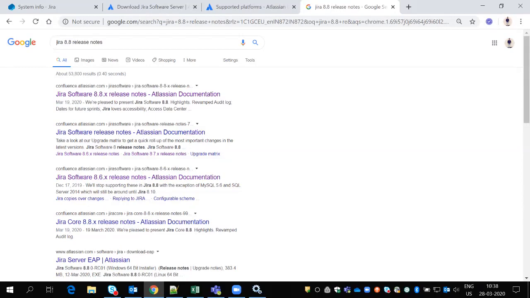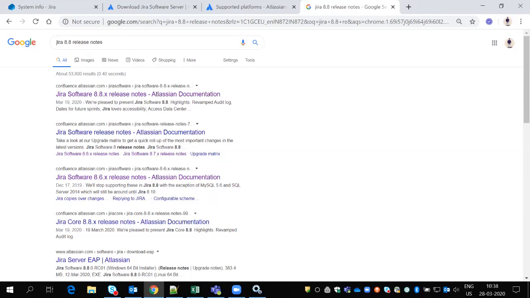What I'm asking is, suppose from PostgreSQL to another version only it will be changing, or whether it is possible that it won't support PostgreSQL anymore when we upgrade? See, if 8.7 supports a database, the same databases will be supported in 8.8. It's not like PostgreSQL will be supported in 8.7 and PostgreSQL will not support 8.8. It's not like that.